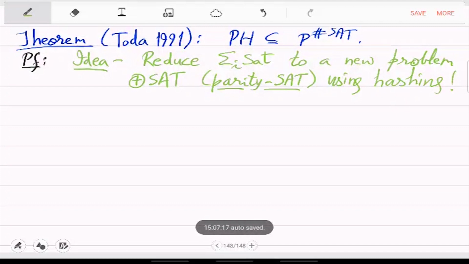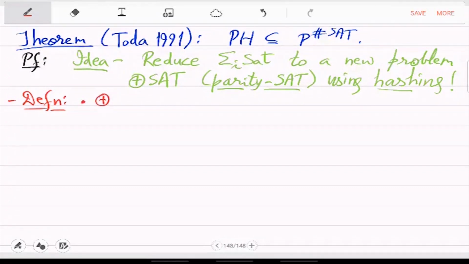Okay, so we will actually reduce Sigma I SAT to parity SAT by hashing. Hash functions, that is the place where randomization will help. So, let us define a few things. So, parity SAT